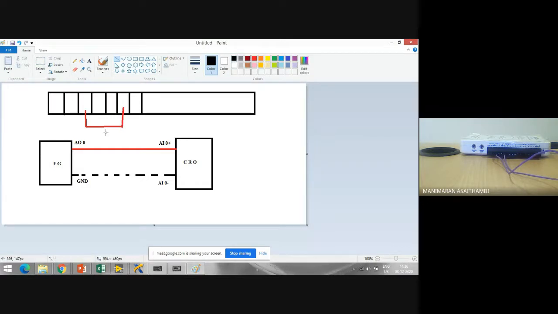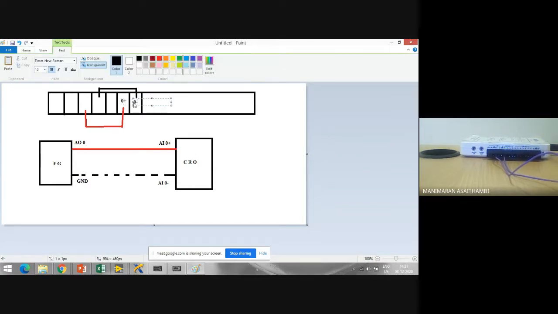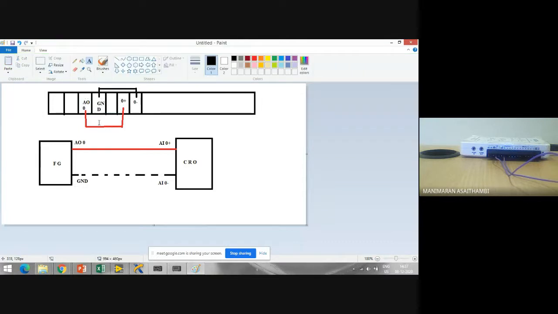Then I'm taking one more line, which is a ground terminal. That ground terminal I connected to 0 minus here. So if you see, this is 0 plus, this is 0 minus, this is GND, this is AO 0. So this is how the connections are.